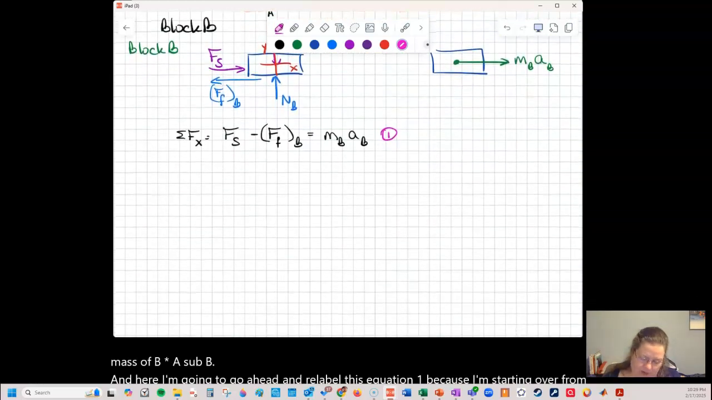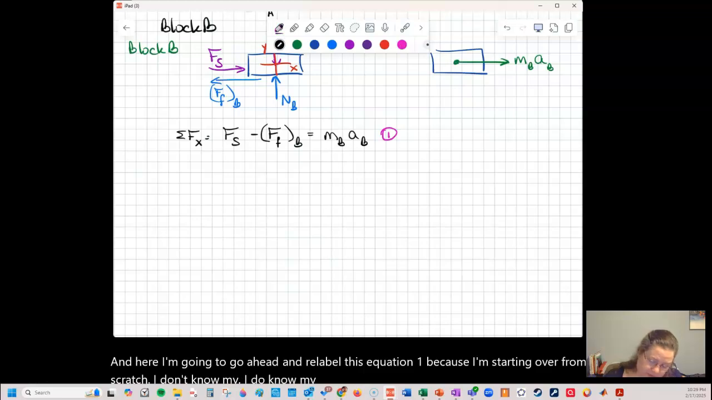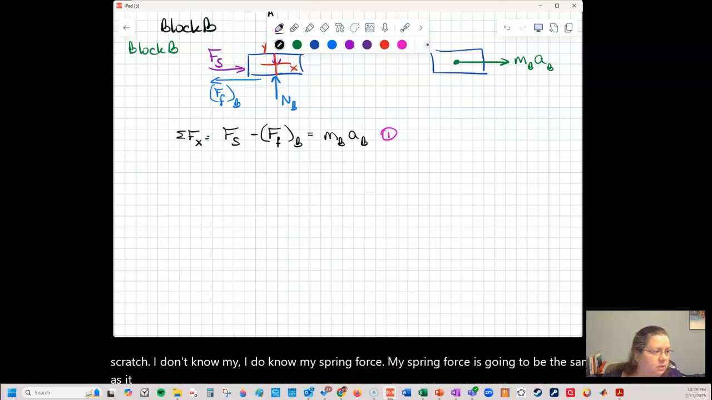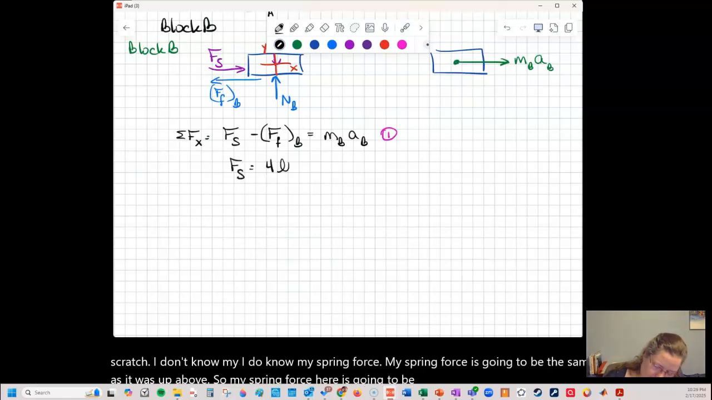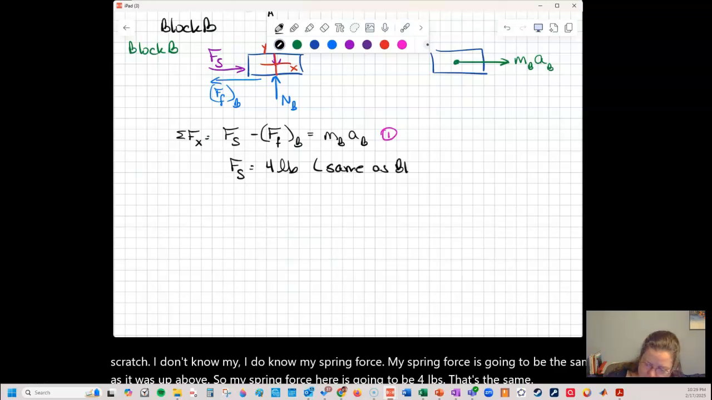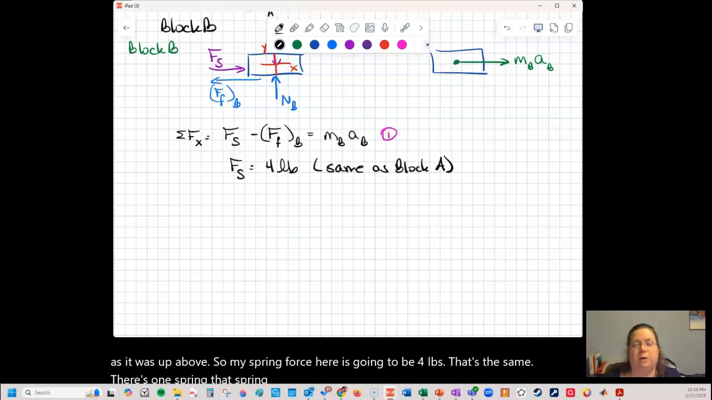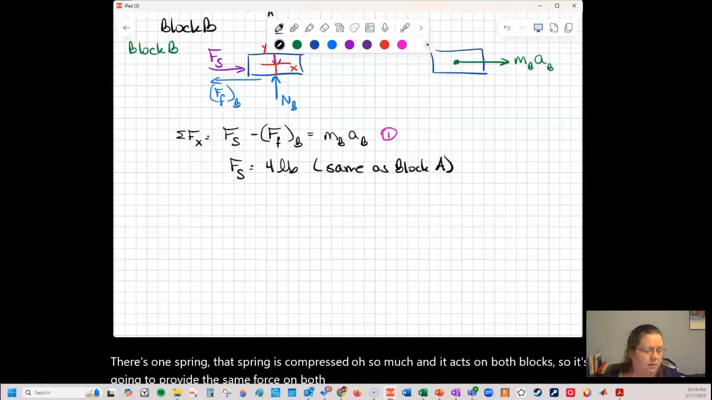I do know my spring force. My spring force is going to be the same as it was up above. So my spring force here is going to be 4 pounds. That's the same. There's one spring. That spring is compressed, and it acts on both blocks, so it's going to provide the same force on both blocks. Okay, my friction force